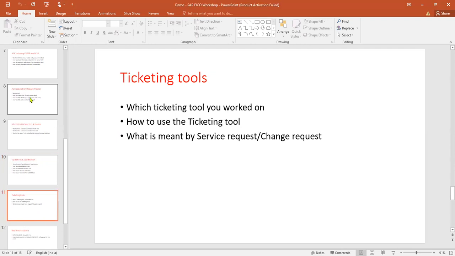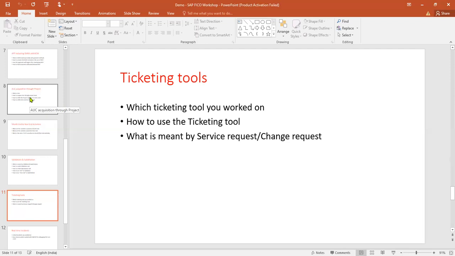Next thing, ticketing tools. Because if you mention you have worked on one or two support projects in your resume, then the interviewer will definitely ask the next question: in which ticketing tool did you work? If you mention any ticketing tool, you should be aware of that ticketing tool. Because in a ticketing tool, we may find a lot of fields. How to change the fields, either status or technician or group or domain, everything. Issue type, issue category, priority, everything we can see in the ticketing tool. Then we need to be able to answer all those questions. How to use the ticketing tool.